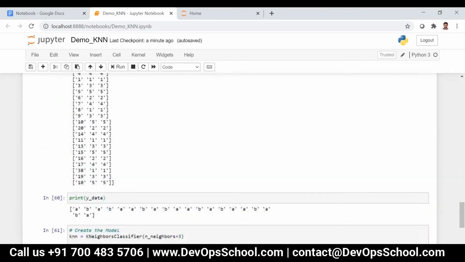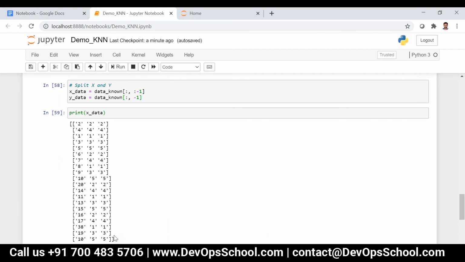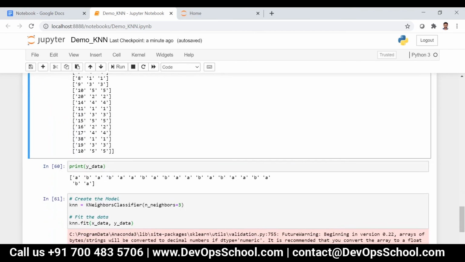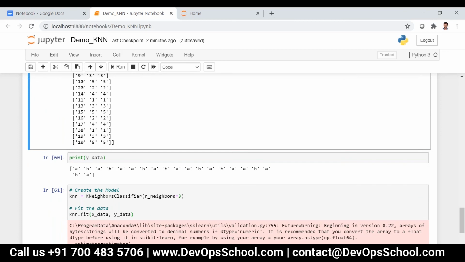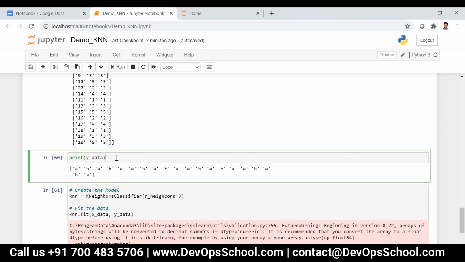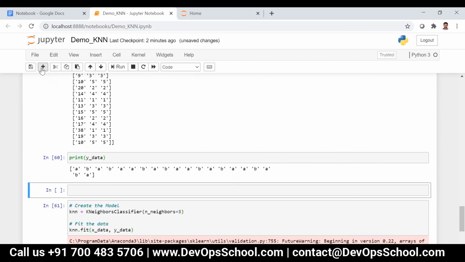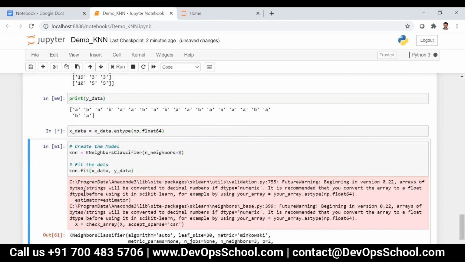So better we convert all the data we are going to use here to float, because now it is in integer data type. I can write this before sending the data to the model: x_data is equal to x_data.astype(np.float64).